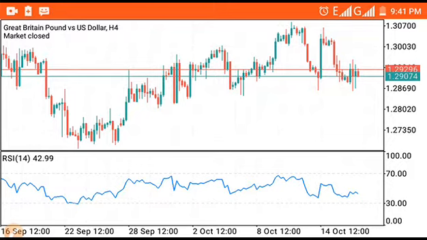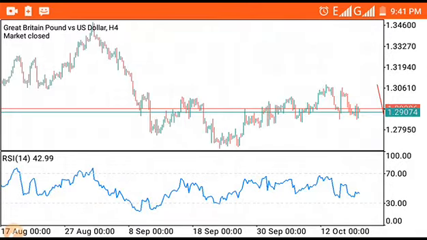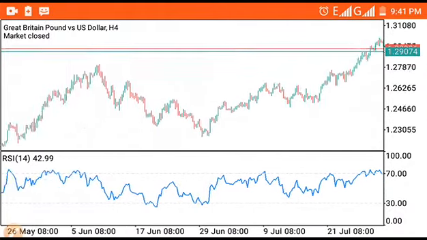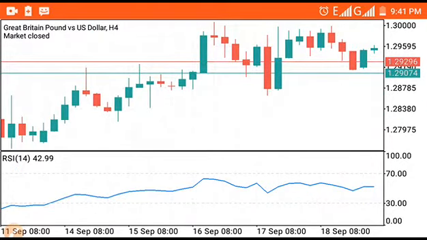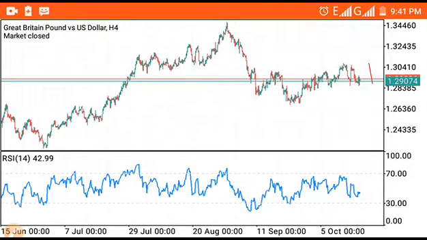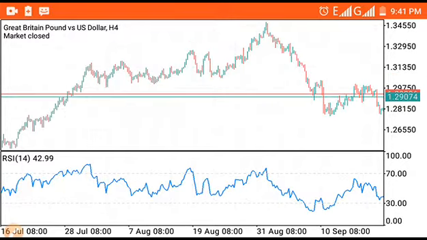So you just have to compare the time frames together. Time frames play a key role when using the relative strength index for you to know when to buy and when to sell. But to tell you the truth,